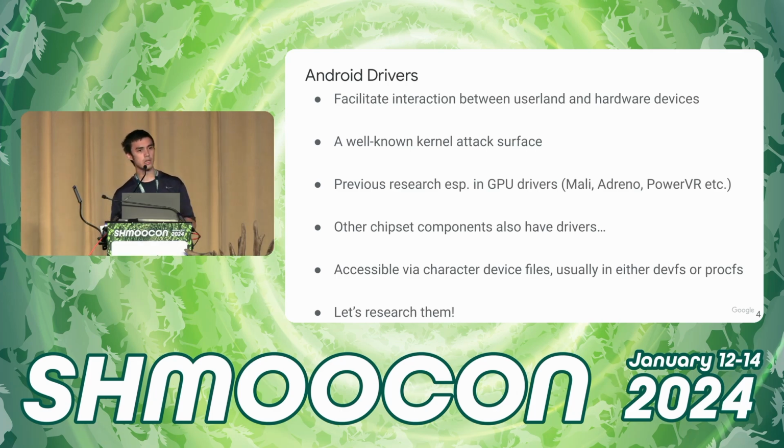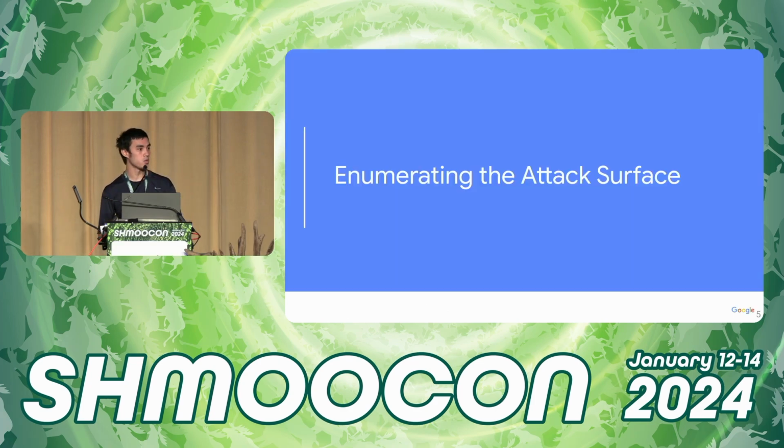And so I wanted to look forward into the future. Right now, GPU drivers, that's the bleeding edge. But what's going to be coming after that? If one day we enter this idyllic land where GPU drivers are perfect, where are attackers going to start looking for bugs next? What sort of other drivers might be available, and how can I get ahead of them? So I really wanted to dive forward. What other drivers are there on an Android phone? And to do that, I needed to enumerate the attack surface. That is, find all of the Android drivers on the Android phones.